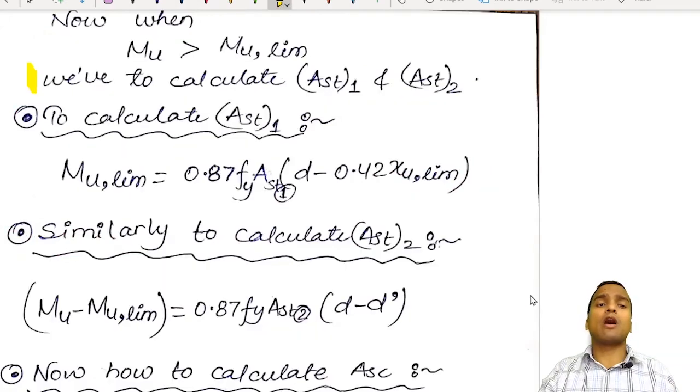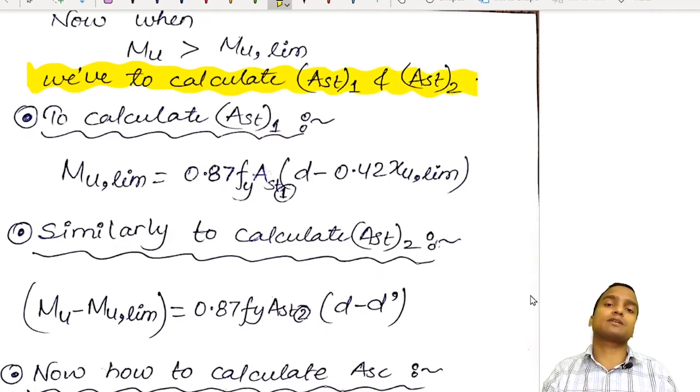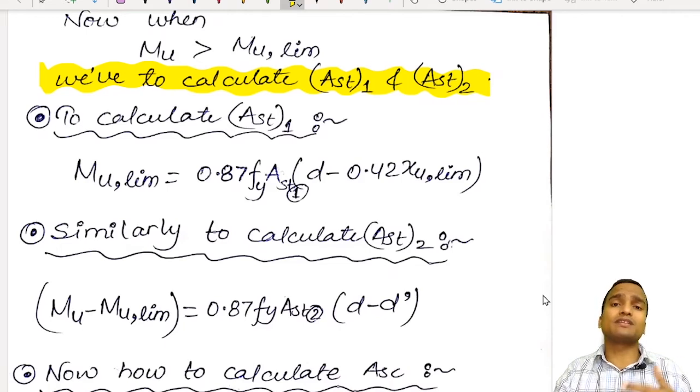That's all. Now how can we calculate the individual value of Ast1 and Ast2? Now in most of our cases it will not be asked, because figure 1 and figure 2 are drawn by us for our convenience, in order to understand a complex figure by breaking it into simple figures. So figure 1 and figure 2 are drawn by us as per our convenience. But even if someone asks you how to calculate the value of Ast1 and Ast2,